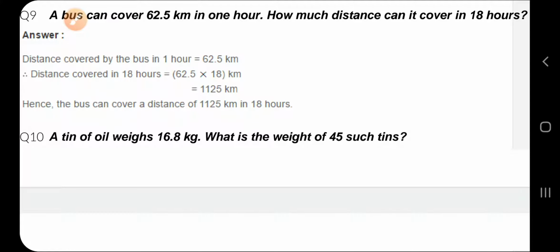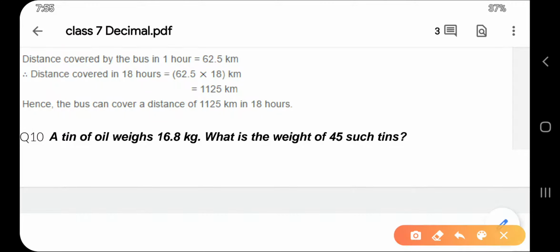In the previous video for standard 7, we had solved questions 1 to 8 of exercise 3C. Now in this video, we have to solve the rest of the questions of exercise 3C, that is 9 to 19, that is 11 in all. So let's see the ninth question. The ninth question says that